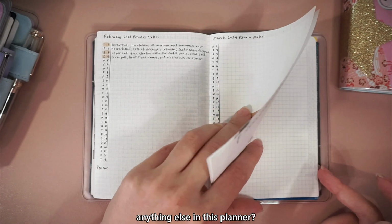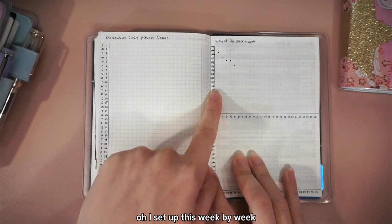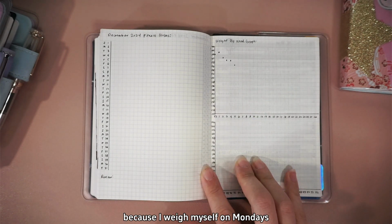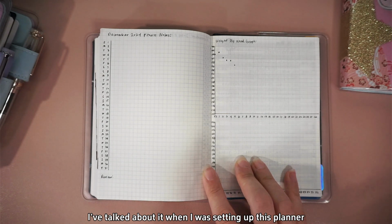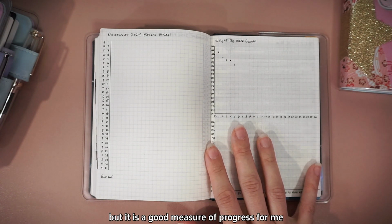Anything else in this planner? Oh, I set up this week by weight graph, and I've been filling it out every week because I weigh myself on Mondays. It's not the best measure of weight loss. I've talked about it when I was setting up this planner. The weight on the scale is not always the best measure of progress,